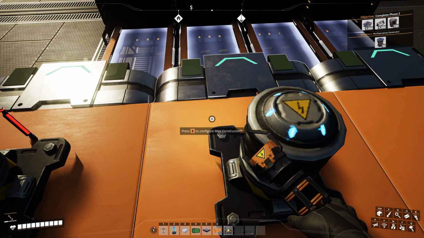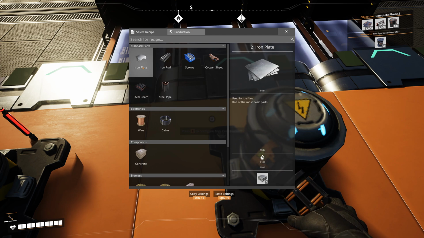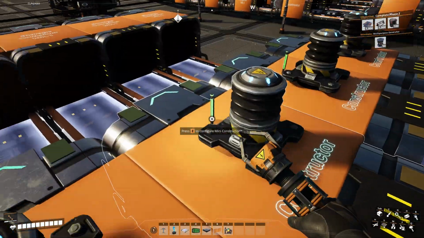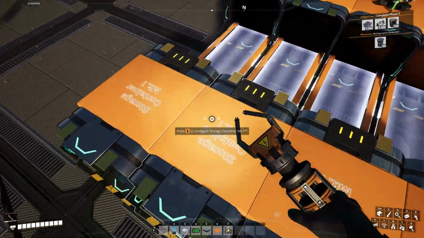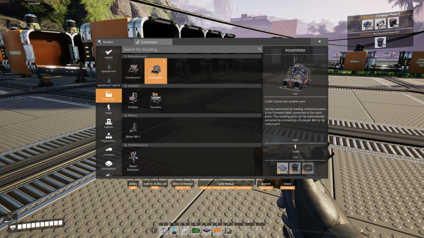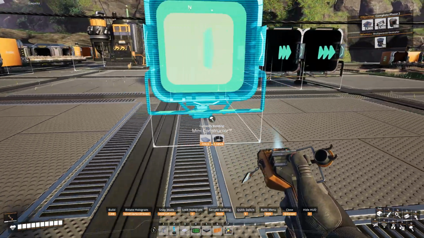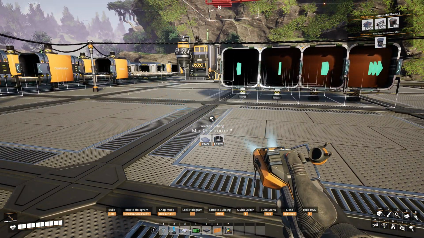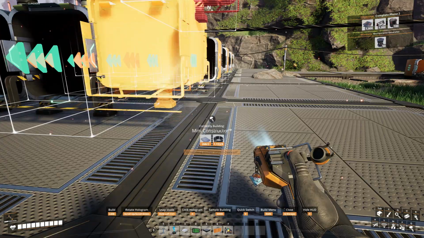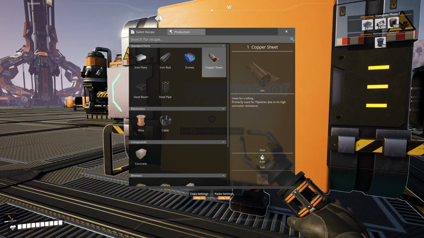Well, this one's gonna be iron plate. This one's going to be iron plate. And now they're going to smelt and they're going to turn into these. So then what we want to do is we want to grab a production, or let's go a mini constructor here. That doesn't seem mini to me. I guess it is mini, I guess. Those are constructors, right? Alright. So this one can do...